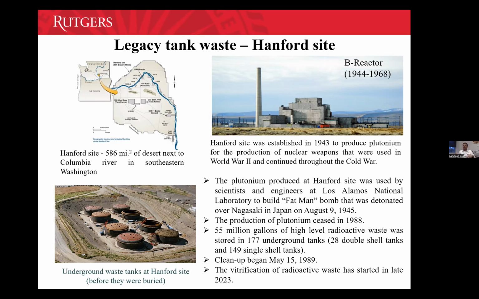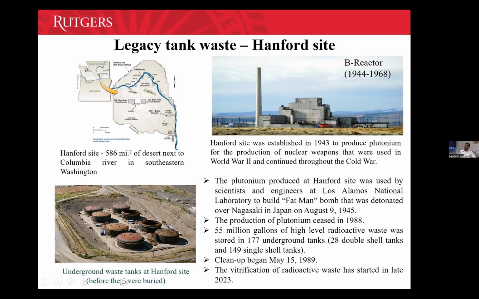The reactors were built there because for a reactor to run, they needed a constant supply of fresh, cold water to keep the reactors cool. So they were looking for a river where they could build these reactors, but they also wanted a place where nobody lives, because they cannot put a nuclear reactor in the middle of a populated town. That's where they found the Hanford site. They had the Columbia River flowing next to it, and it was a deserted site. It was actually a desert. It is still a desert, and that's where they built the reactors.